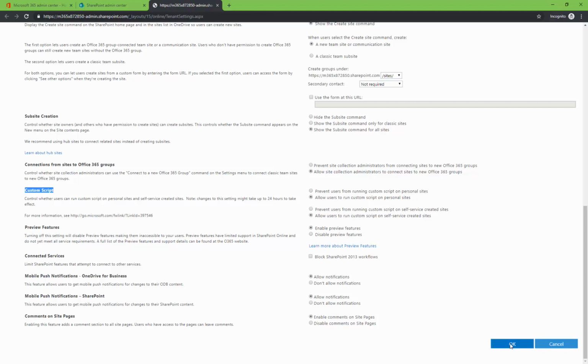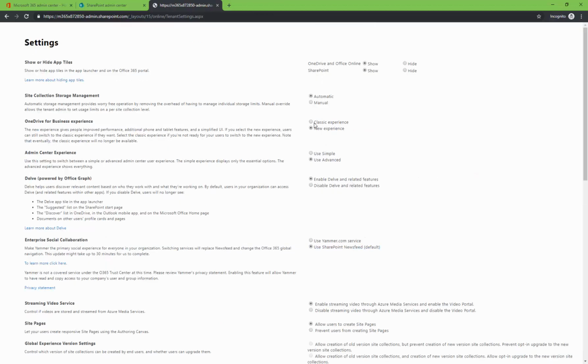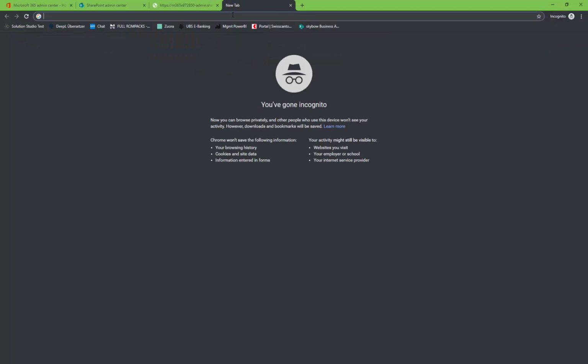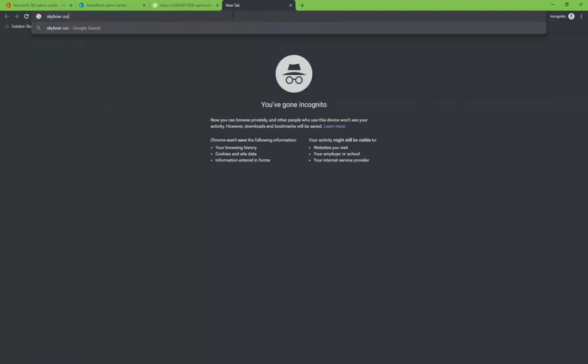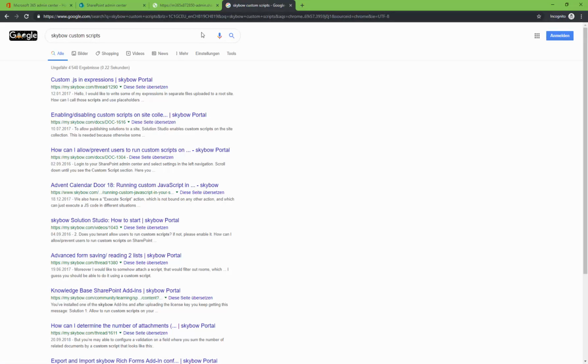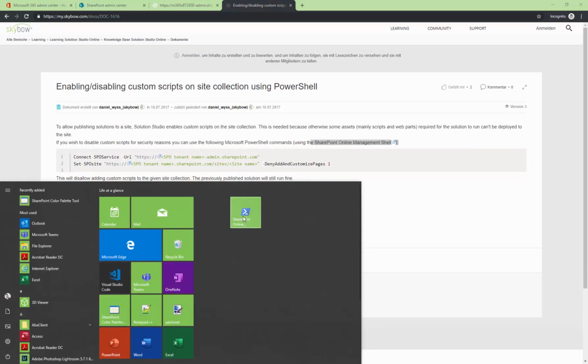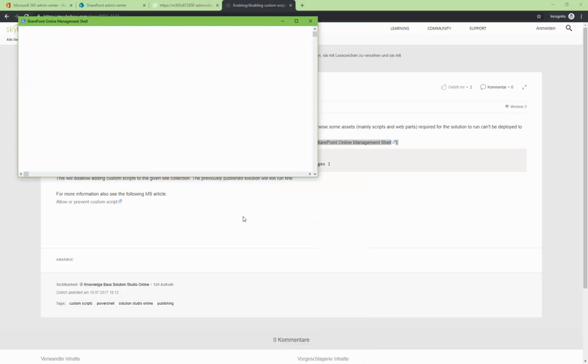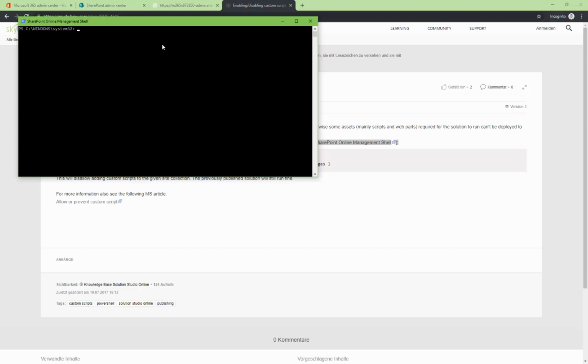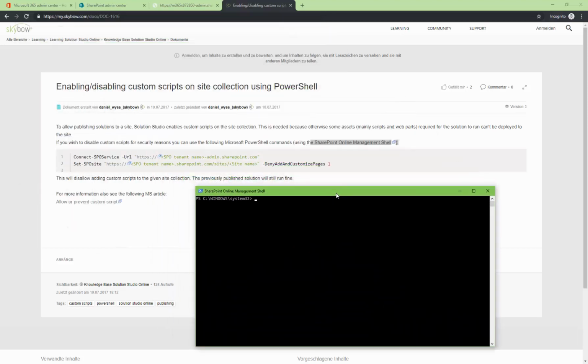But to run Modern Forms directly, there is a PowerShell command which you can activate on a specific site collection. Just read our knowledge base article on how to do that using the SharePoint Online Management Shell. Simply connect to your tenant using the SharePoint admin URL and use a tenant admin account.